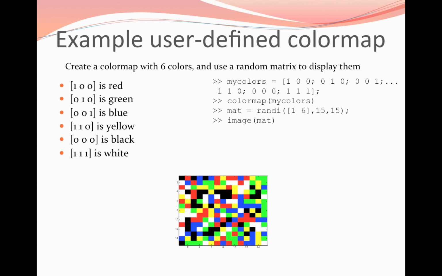We can also create our own color maps. So we can create a p by 3 matrix where p is however many colors we want to have. On the left here, I'm just showing some different colors that you could have. 1 0 0 is full red, 0 1 0 is the brightest possible green, 0 0 1 is blue, and then combinations, 1 1 0 is actually yellow. The absence of any color whatsoever, so 0, 0, 0,